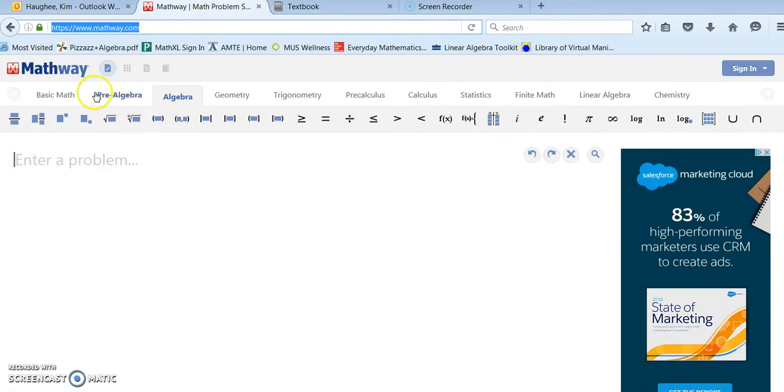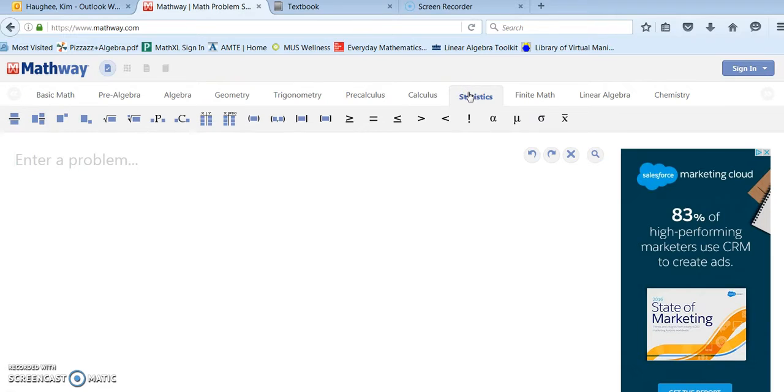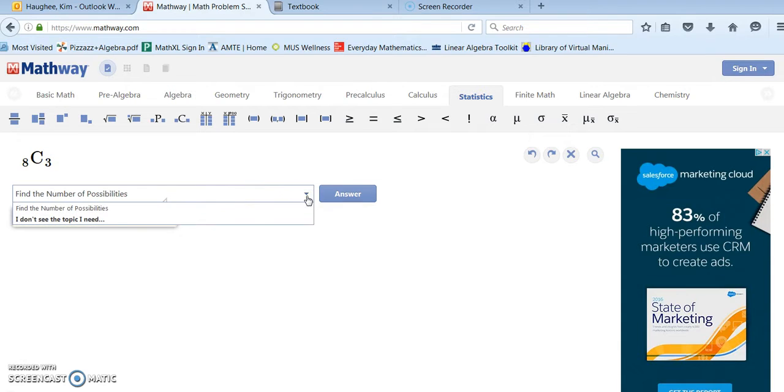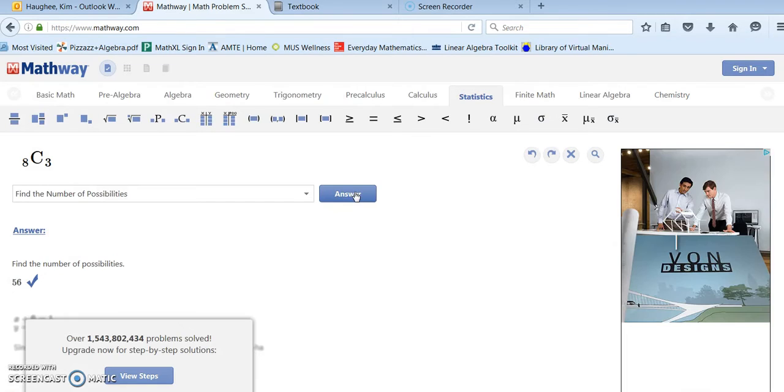At mathway.com, you'll see some headers or tabs, and I want you to select statistics. And then you'll notice that there is a symbolic form for combination and permutation. I'm going to use combination first and put in the value of 8 and the value of 3 that I had earlier. You'll see that it has a drop-down menu now of what you want to do with it, and it defaults correctly to find the number of possibilities. So you click Answer, it calculates, and you'll notice that it says 56,